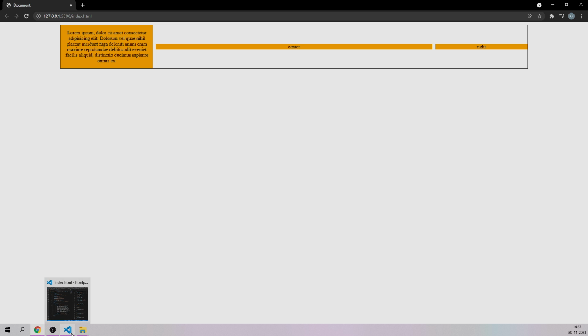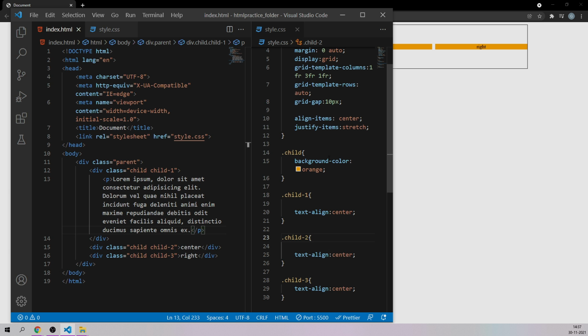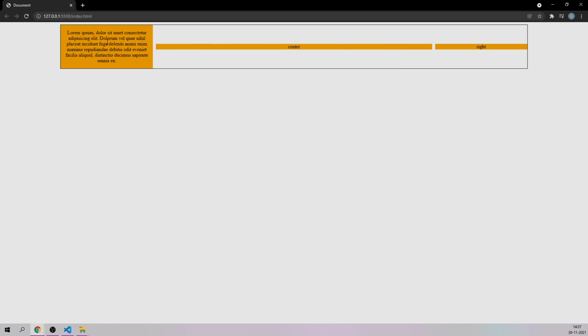So this is one of the properties. Now just like this, it is going to look awkward, because only this one child element's height is matching the parent element. All the other elements are going to look like this if they don't have any contents inside them, and we will have an awkward space like this.